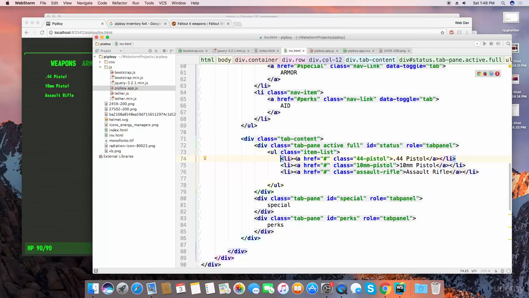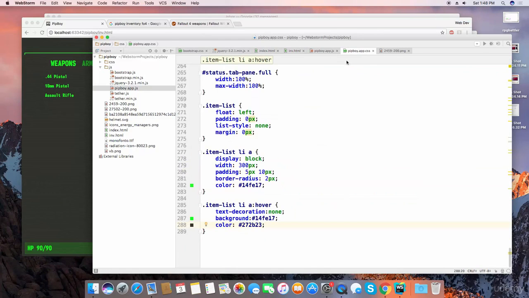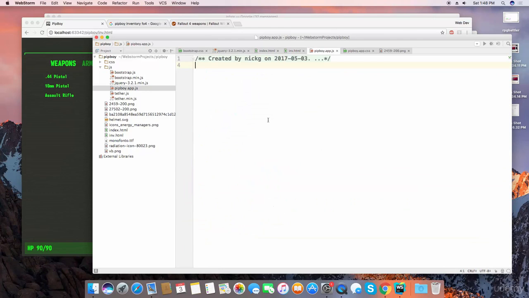So we're going to say item list on a hover or mouse enter, or the appropriate event there. We're going to get the class and then match it up with an object. So in fact, I'm going to replace these with underscores because I'm now thinking about how the JavaScript object is going to look. And then in the JS file here, what we need to do is create a variable called,